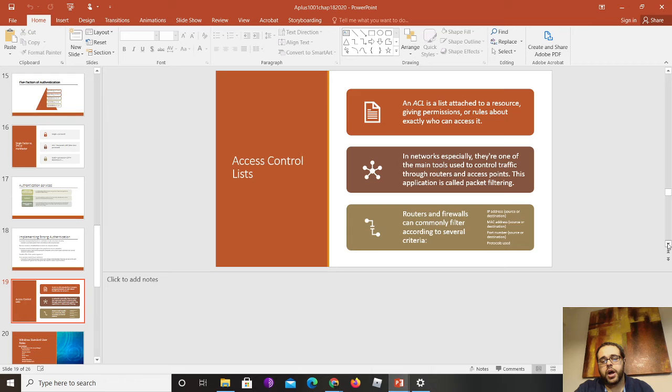So you're authorizing this host to access this server to use these specific applications. So that would be kind of like an access control.